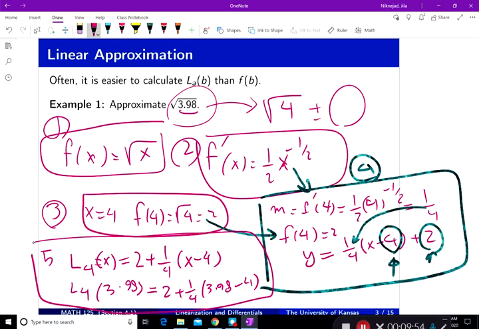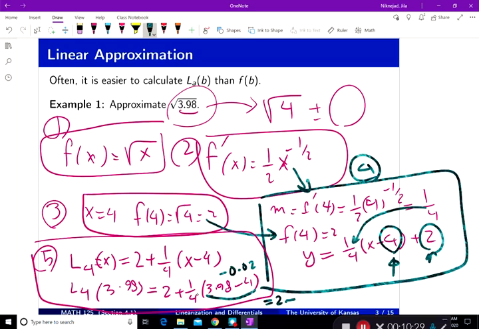So I had to go back. The space in here was smaller. I'm sorry that I went from this step to this step. And so at this point, all you need to do is, this is negative 0.02 times 1/4 plus 2. And this is going to give you 2 minus